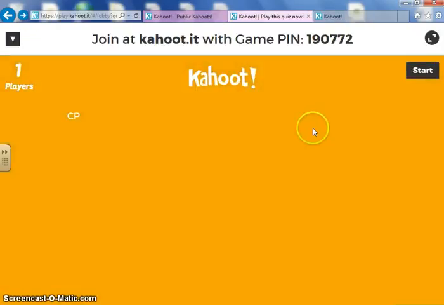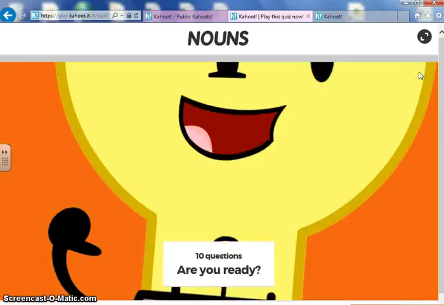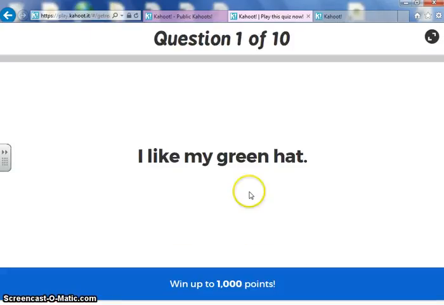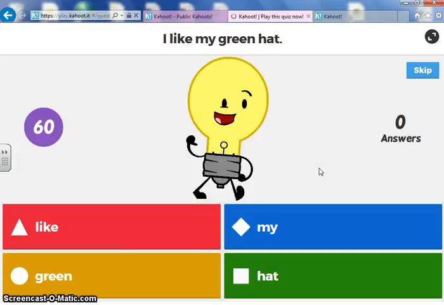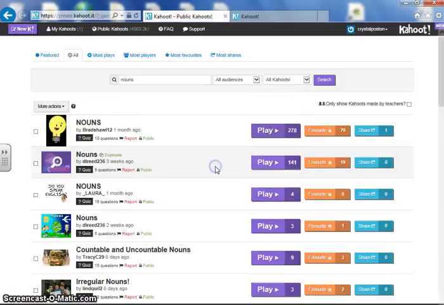After a few seconds it will load, and all I need to do is press start, and here comes the game. You just give it a second to load and then read the information that it has here, and you can begin playing. Okay, that was a brief breakdown of how to get in to play public games that are already available. So I'm going to go back to my desktop page,